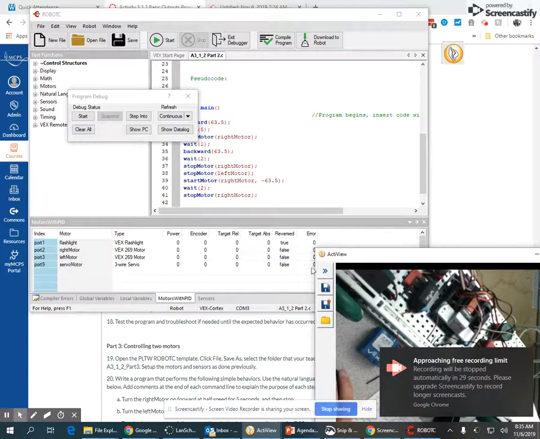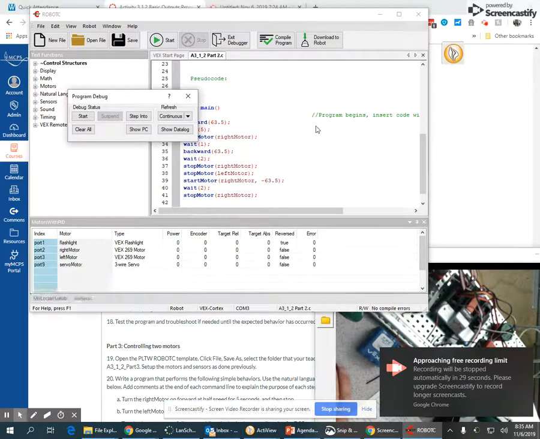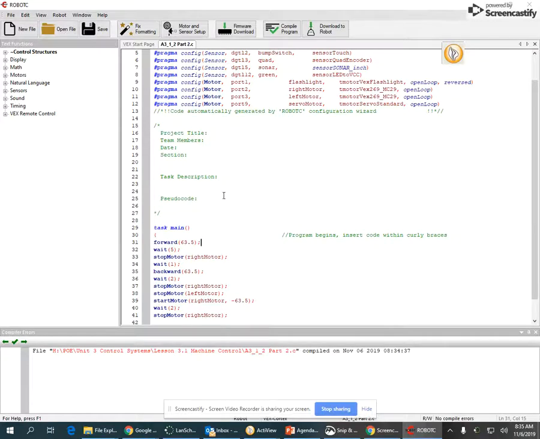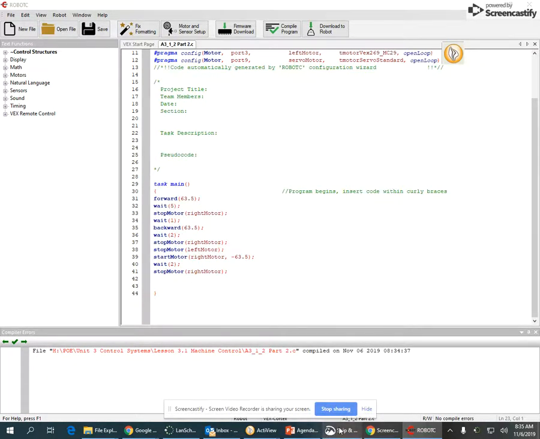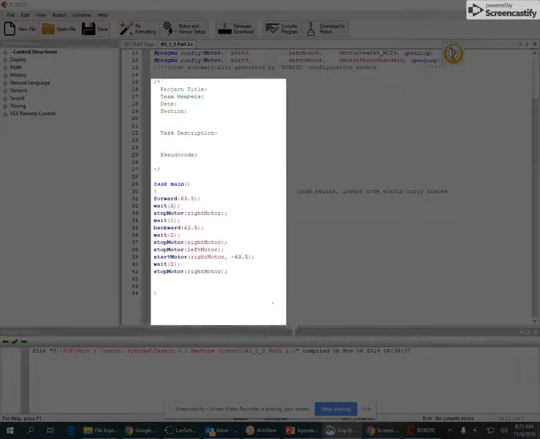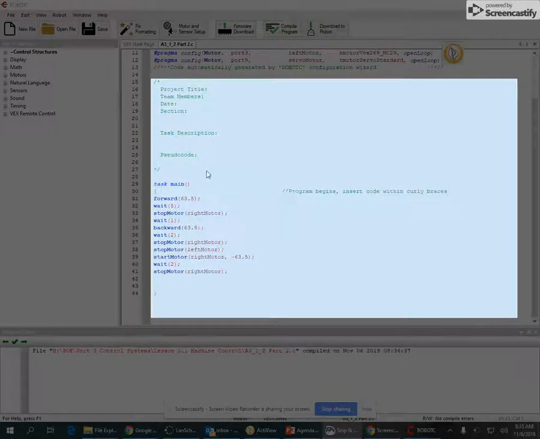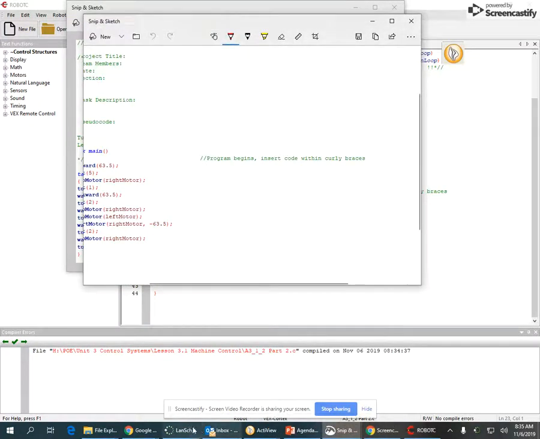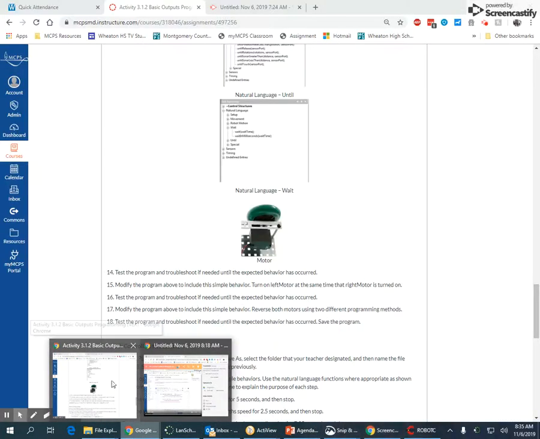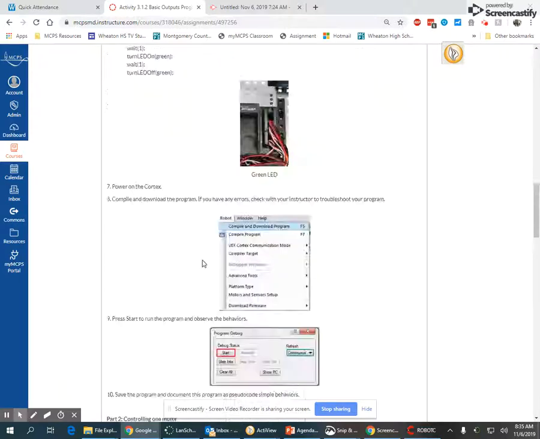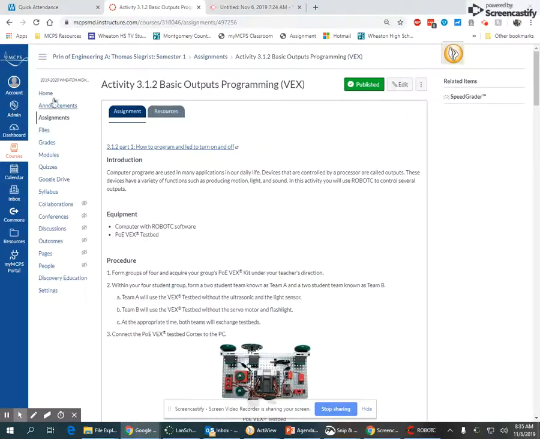All right. So last step you need to do, add in your pseudocode, add it up top, add it here as well. And then just like last time, snip and search. You need to give me a copy of your program, make sure your name is on it, and paste it into the assignment in the classroom. So if you go back home, it should show up on